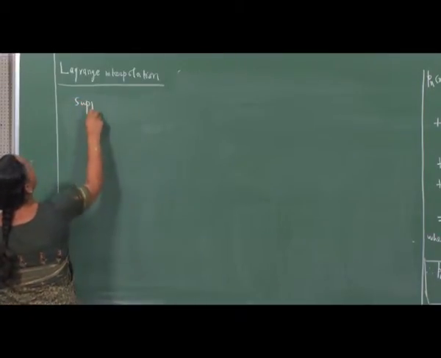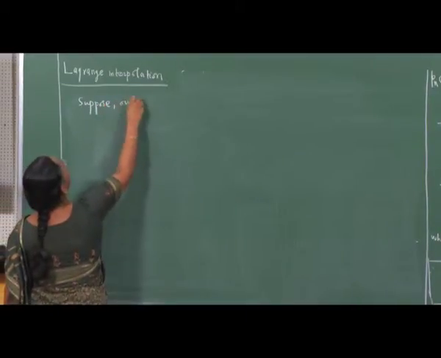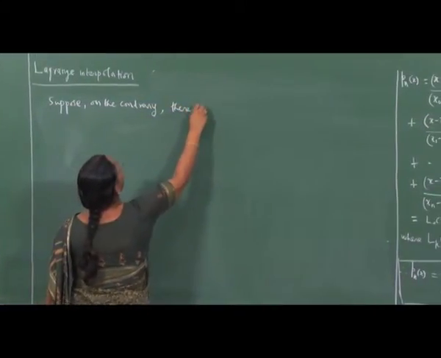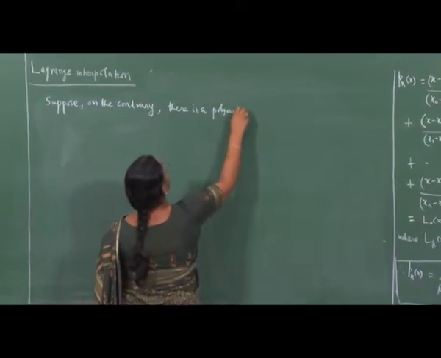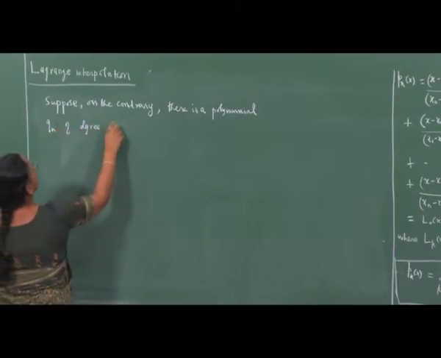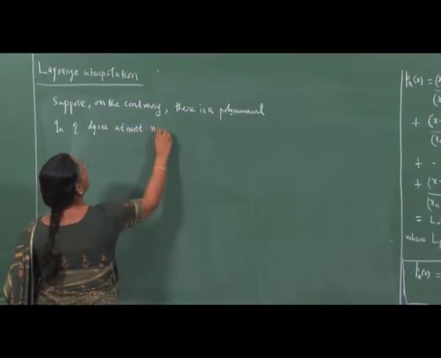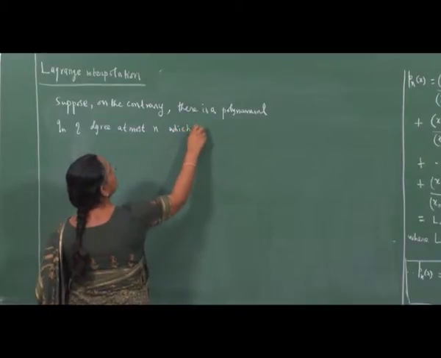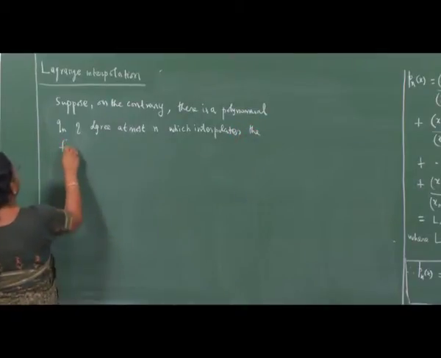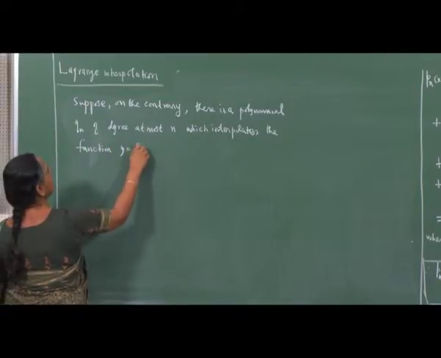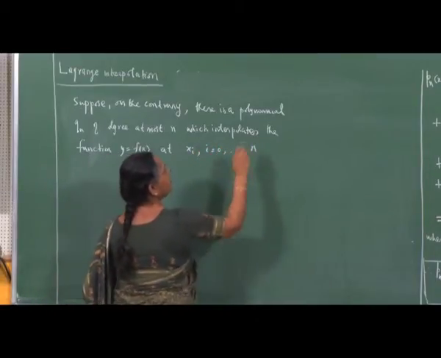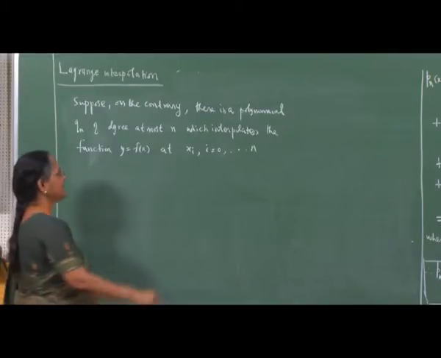Suppose on the contrary, there is a polynomial Qn of degree at most n, which interpolates the function y equal to f of x at xi for i is equal to 0, 1, 2, 3 up to n, where xi's need not be equally spaced,